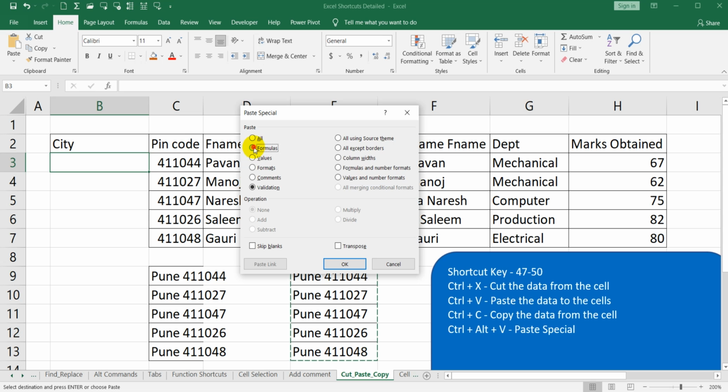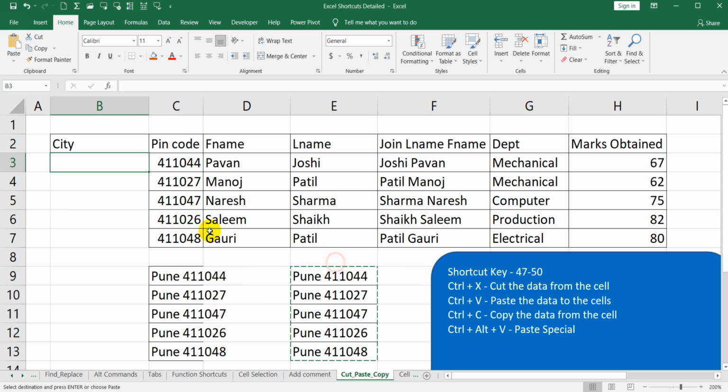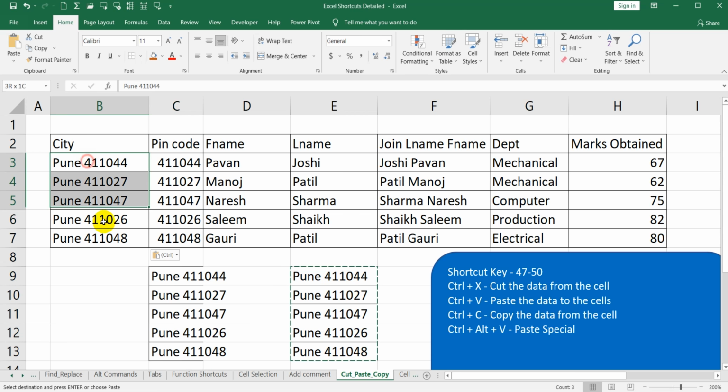If you have formulas, you can paste the formulas, or if you just want to paste the values, or the formats as well, you can select the specific options from here. I will select All now and click on OK. You can see the data is pasted over there. I will press Escape after it. So these are the shortcut keys till 50.